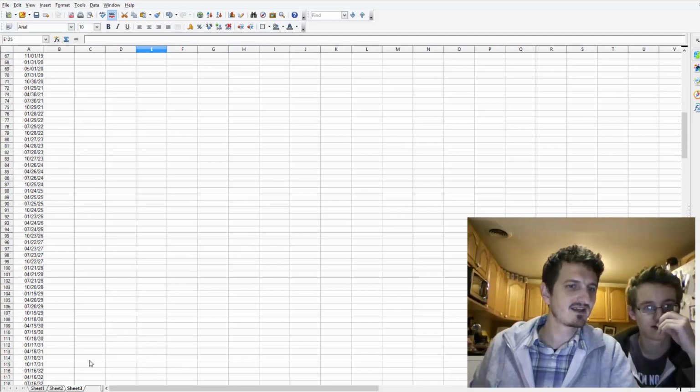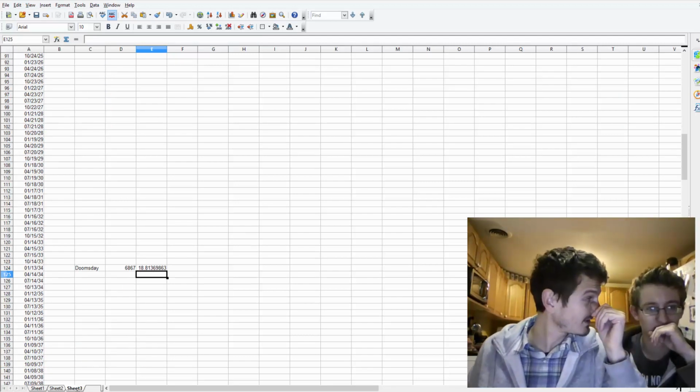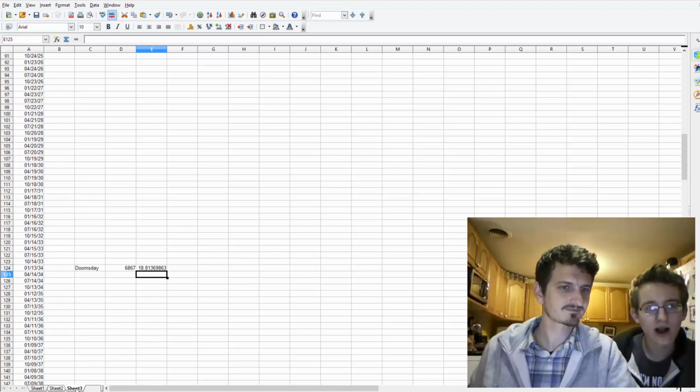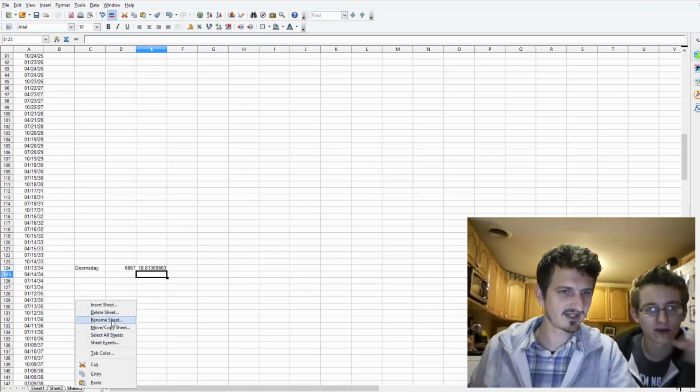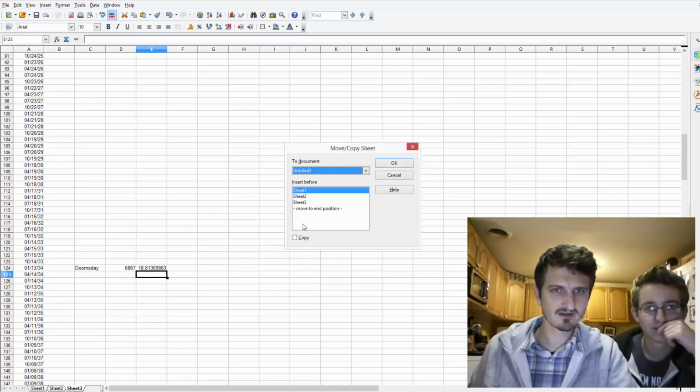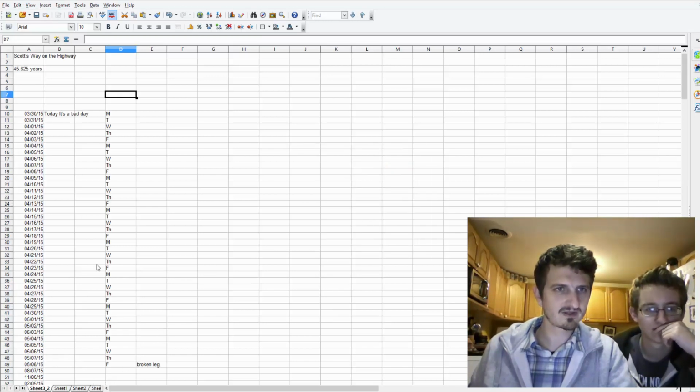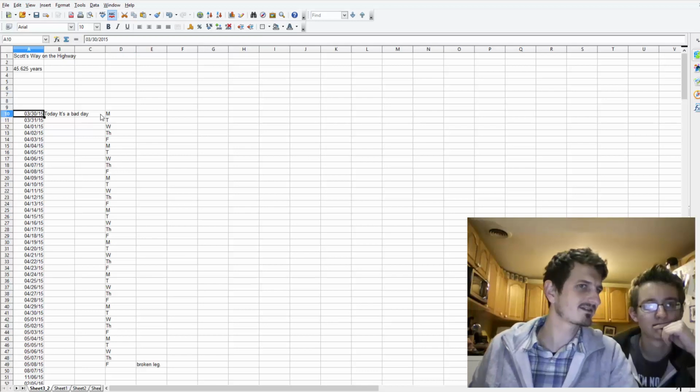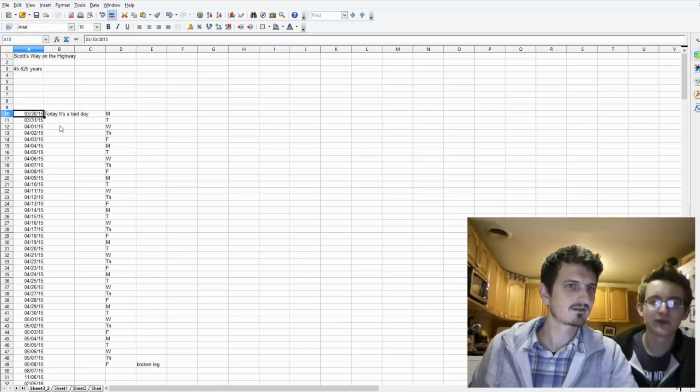That's his doomsday. Now what we want to do, we want to shift it and see when it happens. Yeah, so how exactly would you do that? Let me just duplicate this sheet. And let's go to the duplicate. And what we'll do is we'll say his bad day starts on Tuesday. Or how about we just move it to Wednesday?